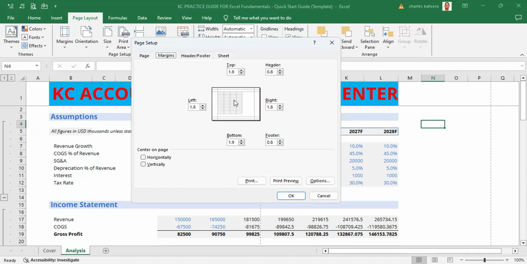Because if you go by these measurements, 1.8 or centimeters, whatever, remember we are changing the format from portrait to landscape. So our model will not be able to fit on that paper. So from here, we can now use the tab key to navigate into those areas,